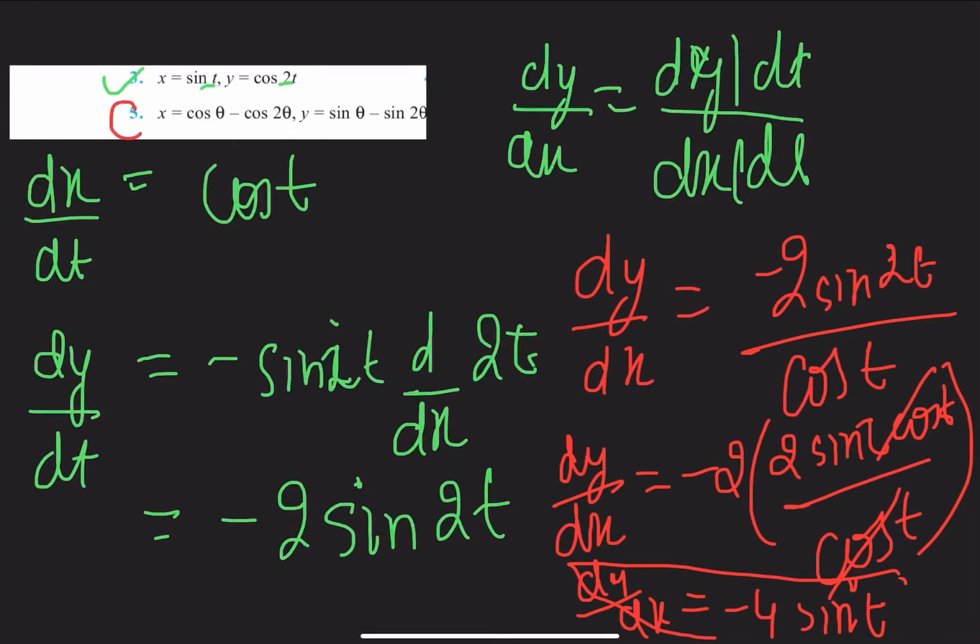Now question number 5 is very similar to the question which we have right now done. Question number 4, all the questions of trigonometry. So your homework will be question number 5. You would solve this question number 5 using your parametric form. First, dx by d theta. Now here you can see theta is common, so theta will be the parameter. So first find dx by d theta, then find dy by d theta, and then divide them to get dy by dx.